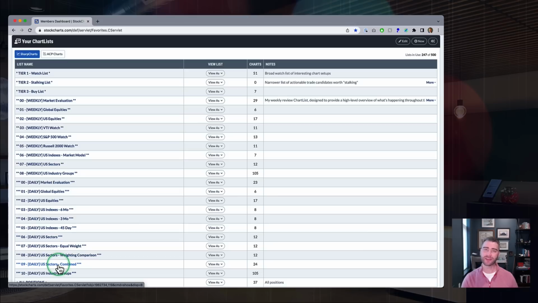Having that routine, having that consistent approach is a total game changer. For us as traders, as investors, the idea of a routine sounds a little daunting at times if you're new to this. But really, that is the secret sauce. That is the secret to success in the markets. I've said to a lot of people over the years that trading and investing is not actually that difficult. What makes trading and investing so challenging, so difficult, is not the trading and investing itself. It's having the discipline to stick to a routine, stick to a process, stick to a strategy, day in and